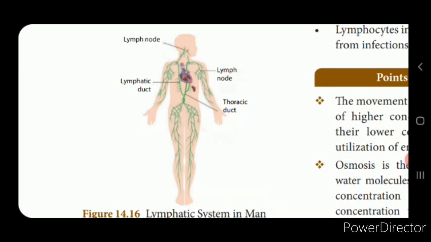Now your homework for today is that you are going to learn the functions of the blood and the heartbeat. There are two small paragraphs given on page number 210 under the heading heart sound. So you are going to learn that, and about the structure of the heart, that is on page 207.